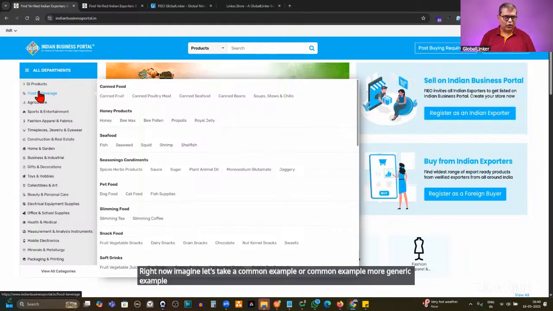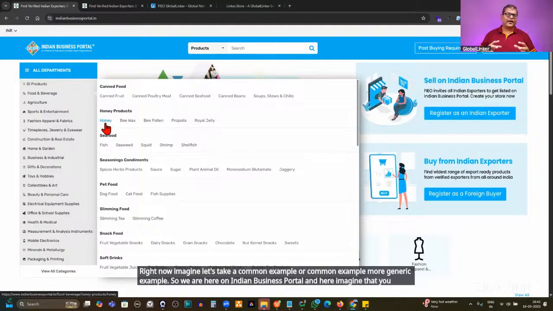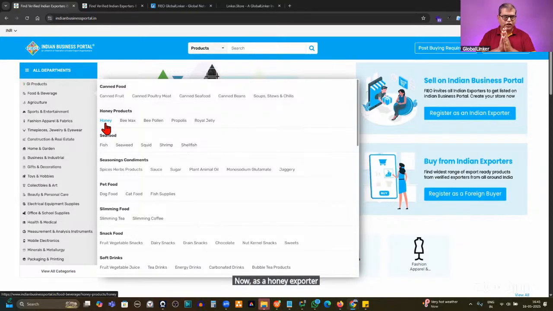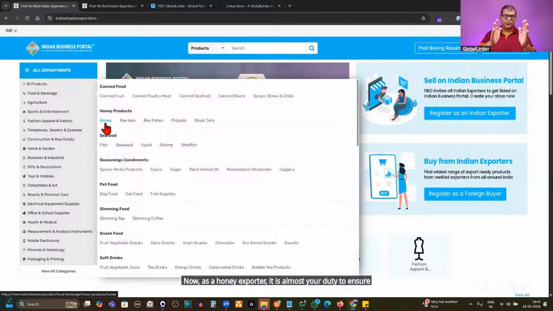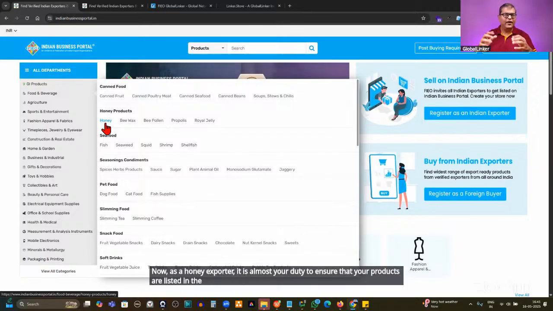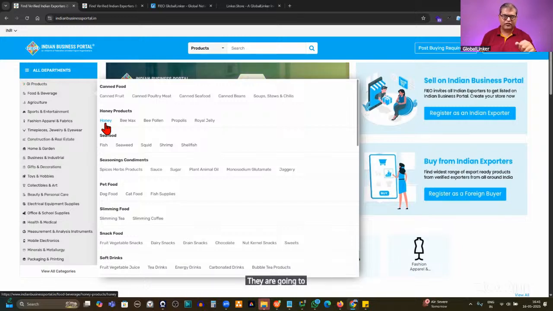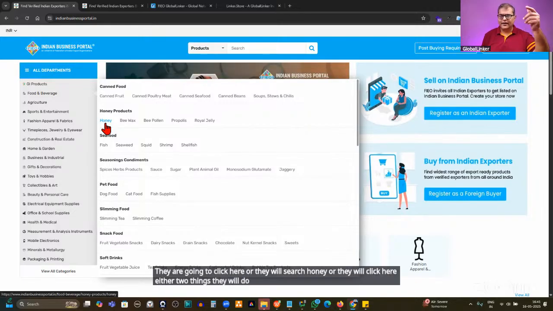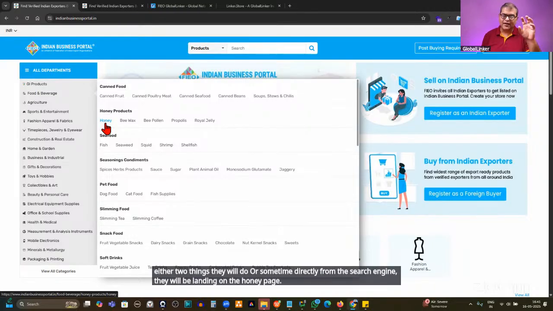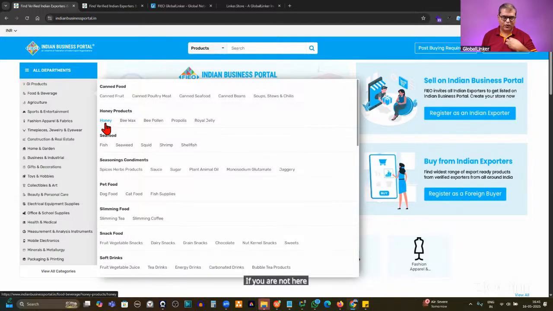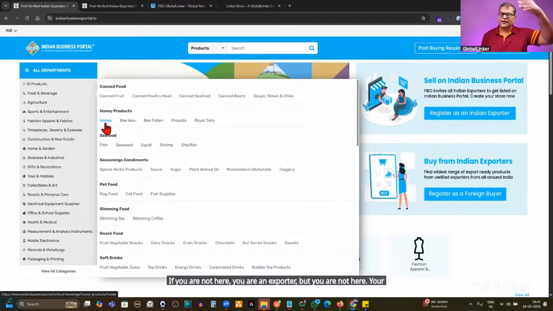Now, imagine, let's take a more generic example. We are here on Indian Business Portal, and imagine that you are an exporter that exports honey. As a honey exporter, it is almost your duty to ensure that your products are listed in the honey category. Because if an international buyer is coming, they are going to click here, or they will search honey, or sometimes directly from the search engine, they will be landing on the honey category page. If you are a honey exporter, but your products are not here, they are listed somewhere else,